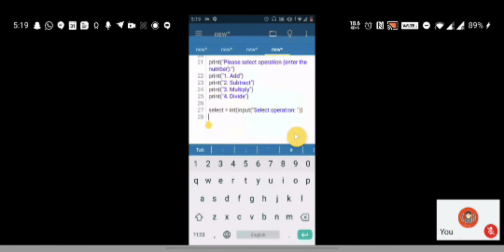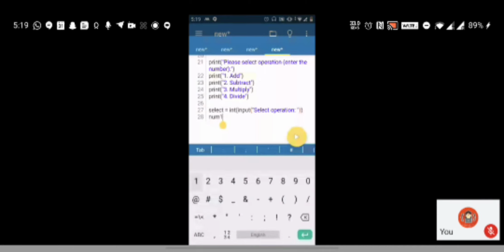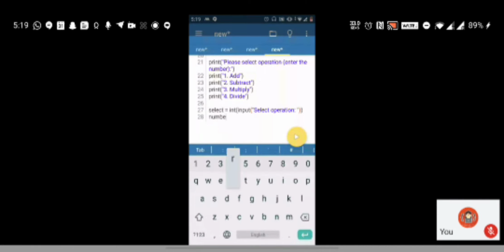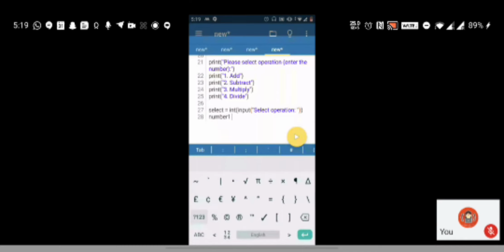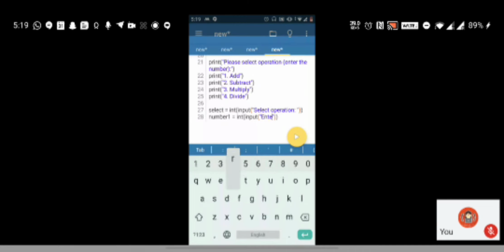Okay, after the operation gets selected, you have to take the 2 numbers from the user. So I'll just say number 1 is int input, enter first number.